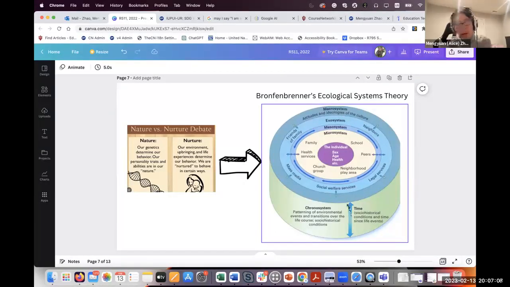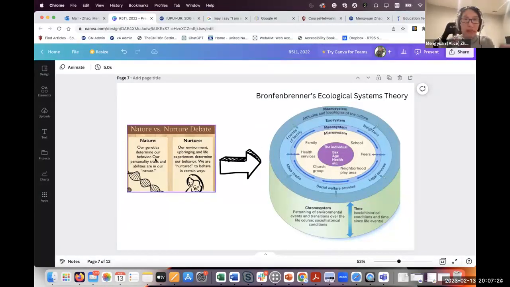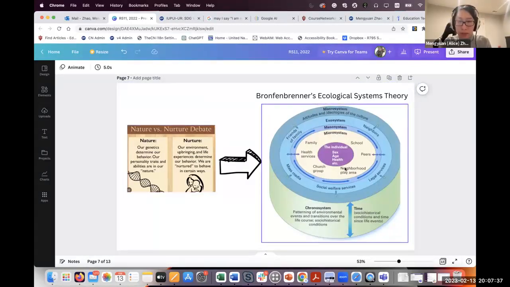And also vertically, look at human development, look at a person, right, in this person's history to see what the outside environment has made the person like that. So this model really connects this debate, nature or nurture, looking into learners' genetics, and also the environment, small and big, near and far, and look at all of these factors as a reciprocal relationship.